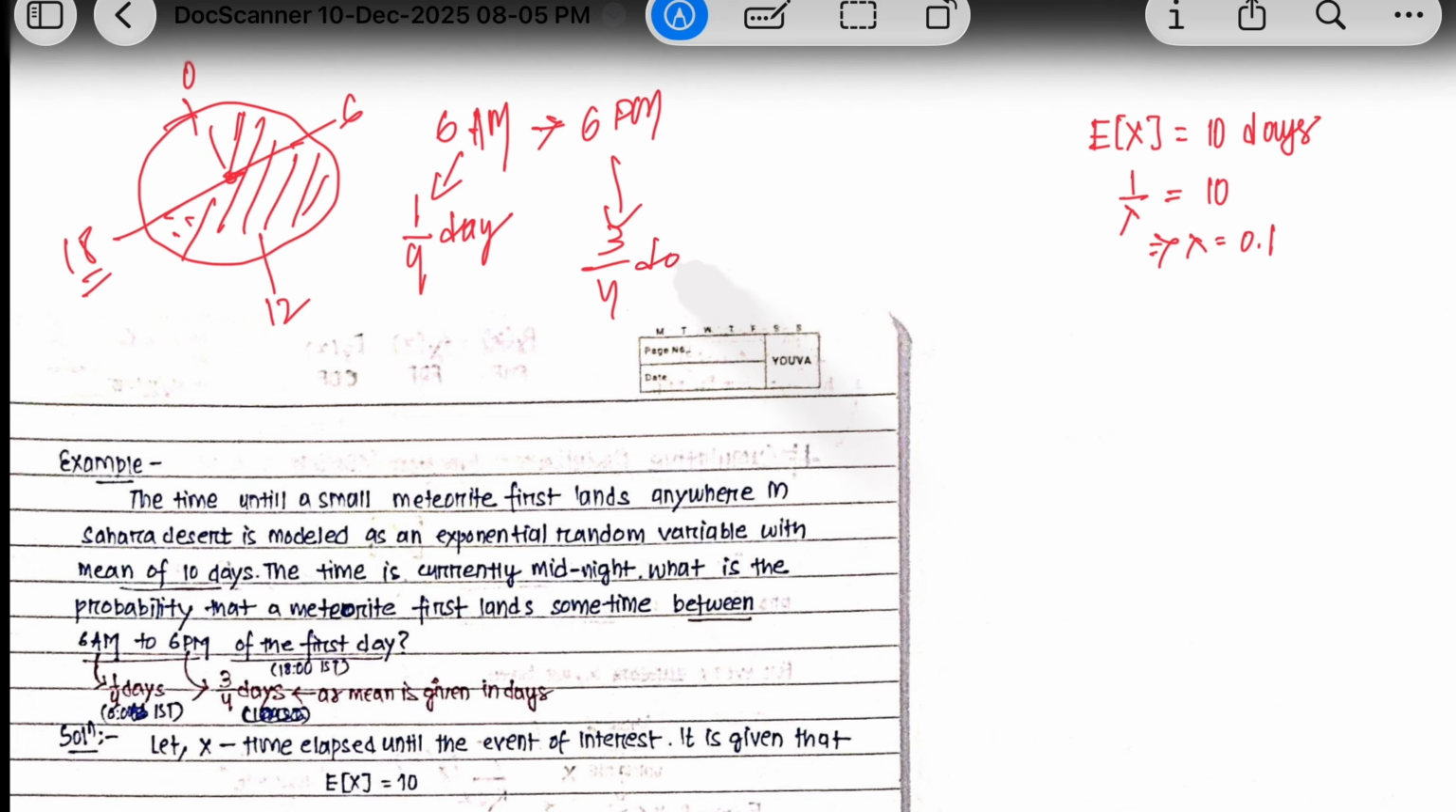3/4 of the day. So we need to find the probability that the incident of interest takes place in the